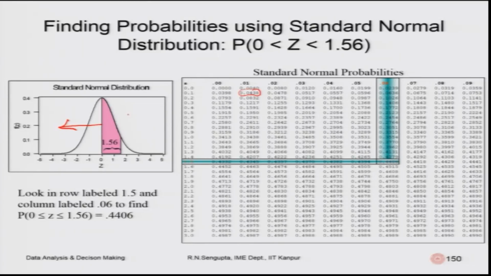Now, let us come back again to the diagram shown in pink, the shaded region, and try to find the corresponding probability distribution sum, that means the CDF value. So, the value is 1.56. Let us go to 1.5 first. This is 1.5, this is 1.56. The corresponding value you have here is 0.4406, that means the total area of this pink shaded region is 0.4406. If I go on to the left hand side, from minus 1.56 to 0, the overall area here also would be 0.4406.